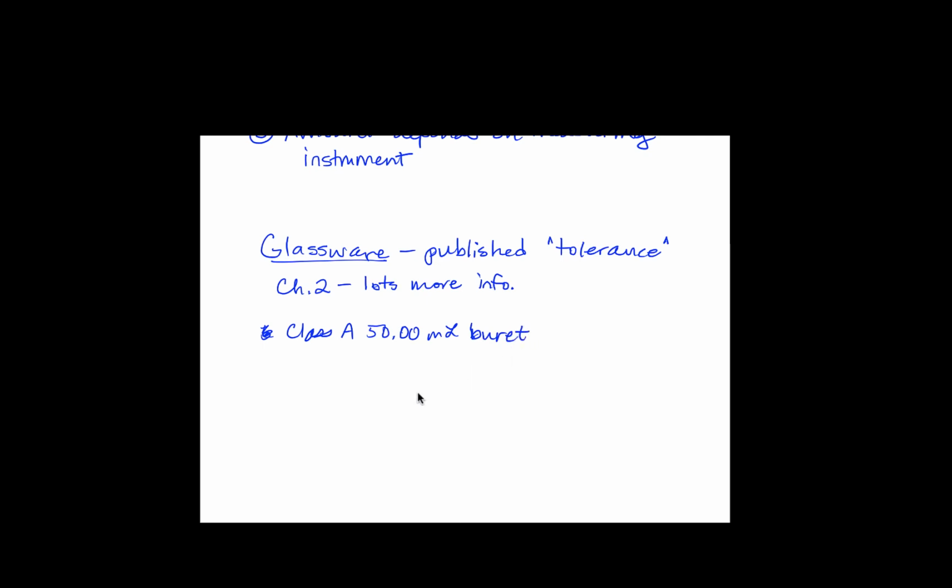So if I think about this Class A volumetric burette, it has a published tolerance of 0.05 milliliters. So this tells you that when you are delivering whatever solution you're using with your burette, each of your measurements should be within plus or minus 0.05 milliliters of the actual volume that you intend to